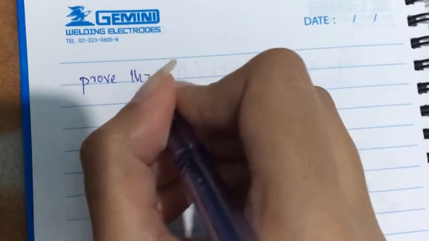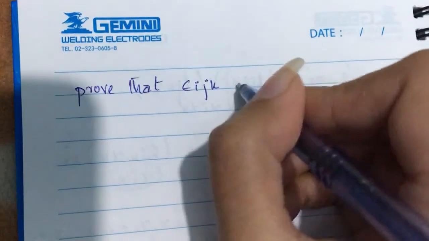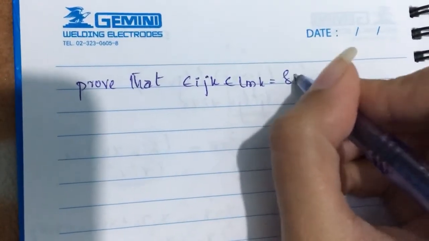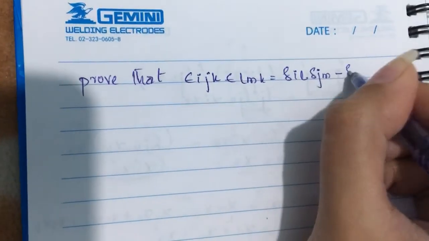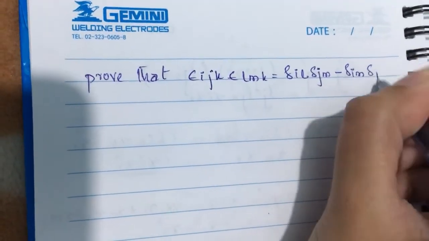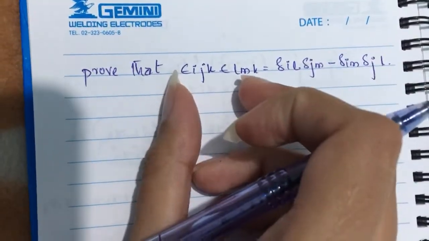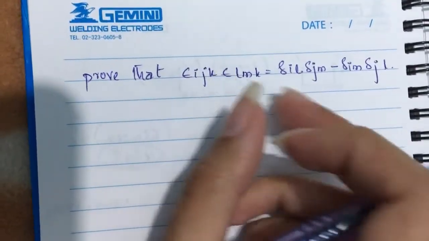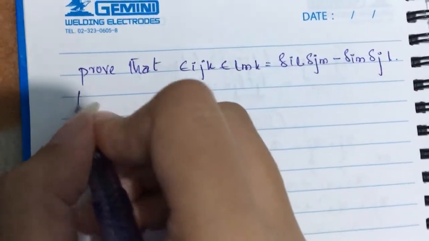We have to prove that ε_ijk ε_lmk equals δ_il δ_jm minus δ_im δ_jl. So this is the Kronecker delta and this is the Levi-Civita symbol. So we have to check the relationship between these two symbols. So for the proof,